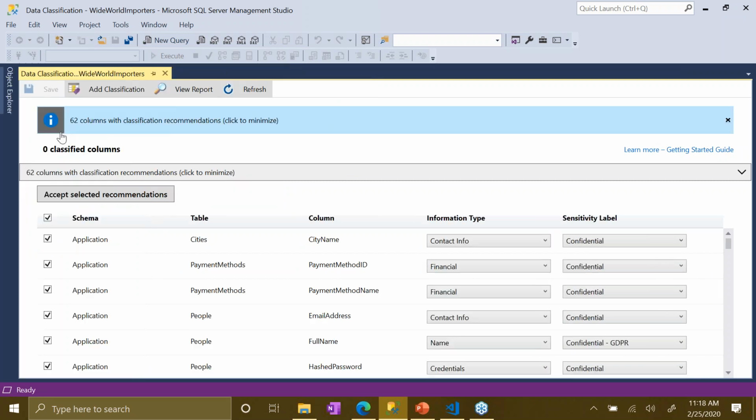Let me get this out of the way so we can see that report a little better. We're going to walk through a few things we find in this report and make decisions. So I'm going to unselect everything; I'm not interested in doing all of them at the moment. I don't necessarily care about the application schema. Even though it has a number of items, it's not relevant for what I'm trying to do, but I do want to look at sales.